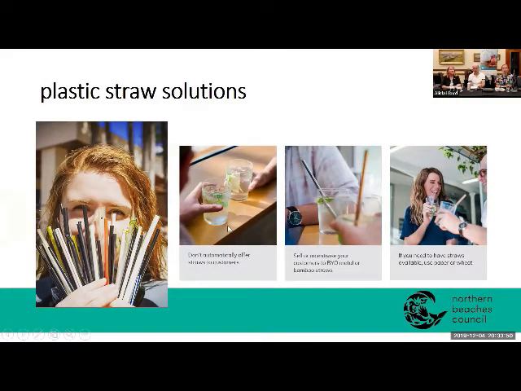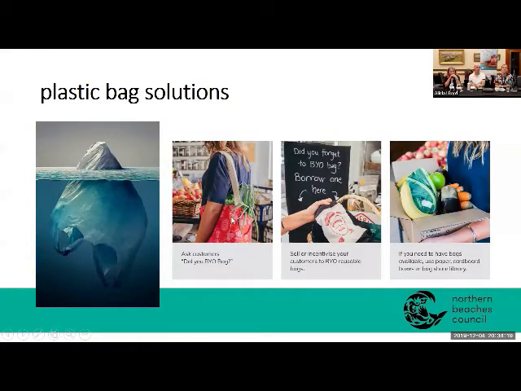I won't go into too much detail on our step-by-step guide for each type of plastic, but I wanted to highlight that you need to set goals and work through each item one by one. It's really the same strategy, you just roll it out each time. Try to reduce first, then encourage reusables, and then have some kind of alternative if you don't have a reusable system in place. Similar with bags, getting businesses to ask their customers, did you bring your own bag? Just that little thing can remind people.